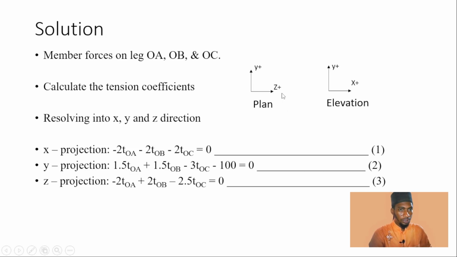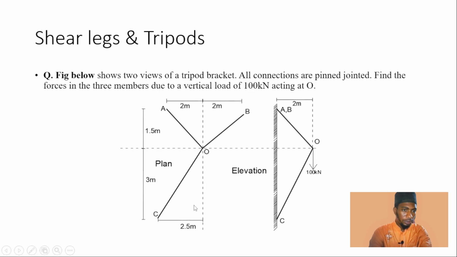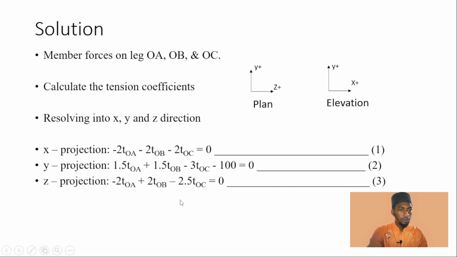Then in z direction, which is in the plan, let's look at the plan again. In z direction, that's horizontally. From O to A and O to C are all against the sign convention, while from O to B is going in the same direction with our sign convention. So from O to B is positive 2 meters, while O to A and O to C are negative. This is going to be negative 2, and this is negative 2.5. That is what we have here, minus 2 TOA plus 2 TOB minus 2.5 TOC,